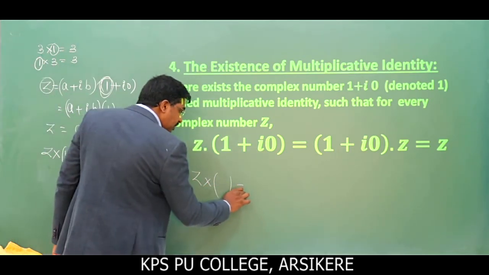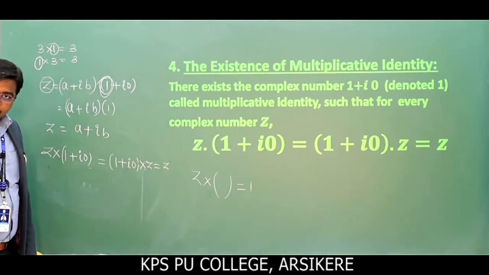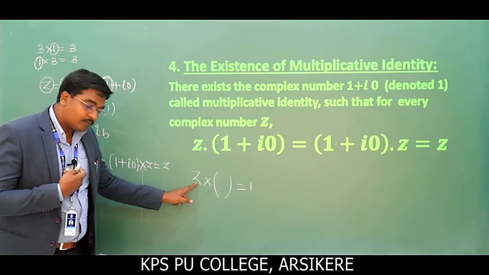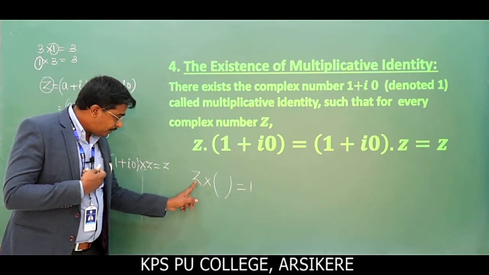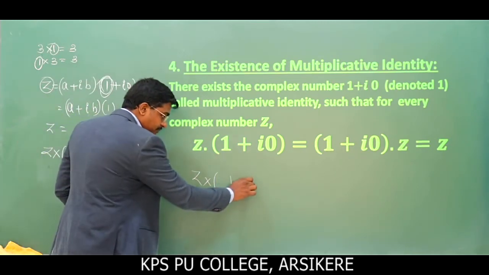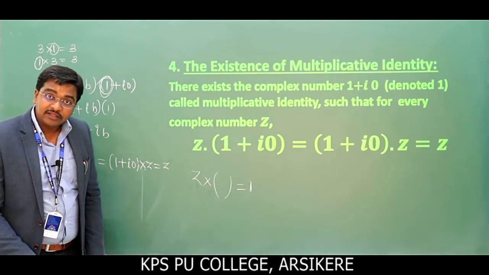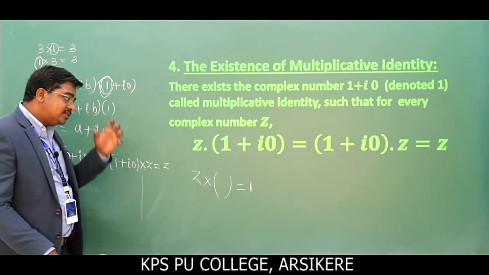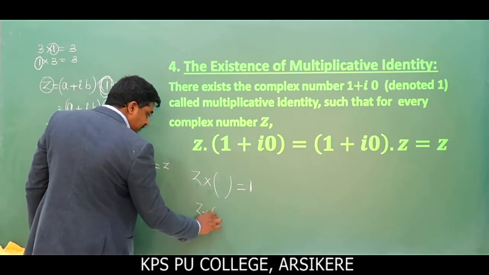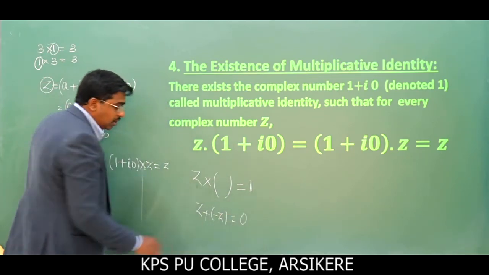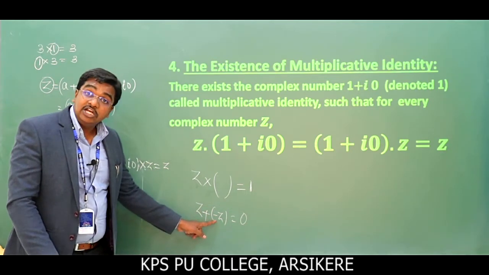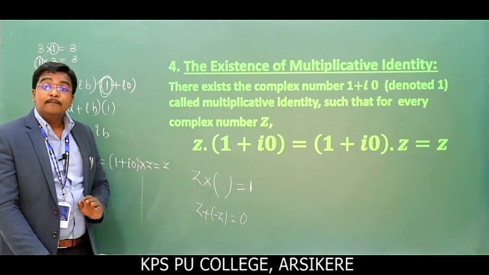What is the multiplicative identity here? 1. I repeat again, z is any complex number. I will take the inverse of the complex number. If I multiply a number and its corresponding inverse, their product becomes 1. That is multiplicative identity. So in the case of addition of two complex numbers, ಅಲ್ಲಿ z plus minus z is equal to 0 ಬಂತಲ್ವಾ, where 0 is additive identity and minus z is additive inverse, right? So here also we go with multiplicative identity.